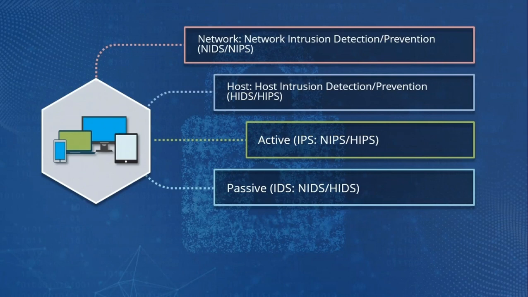Well, the issue is very simple. There is such a thing as false positives. What if the system believes something is an attack and it's not really an attack, and it inadvertently shuts down legitimate traffic? Now, in some scenarios, that is something you're willing to accept. In others, it's not. So you have to look at the sensitivity of either the host or the network segment to decide whether intrusion prevention or intrusion detection is appropriate.